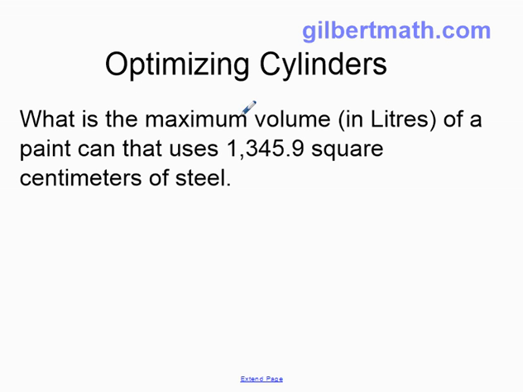What is the maximum volume? Okay, so right away we know in the end we're going to solve for volume, and it says in liters. We'll deal with that a little bit later. Of a paint can, so it's a cylinder obviously, that uses 1,345.9 square centimeters of steel. So you should be able to identify that this, given square centimeters, gives us a surface area. So we know the surface area. So the surface area equals